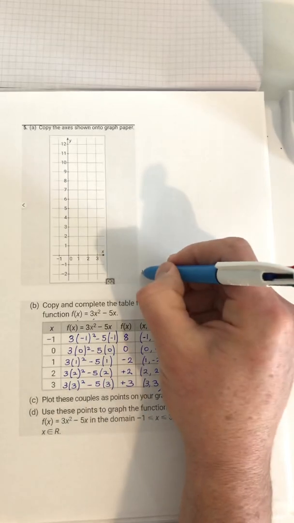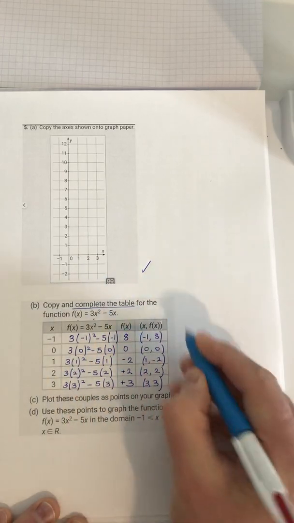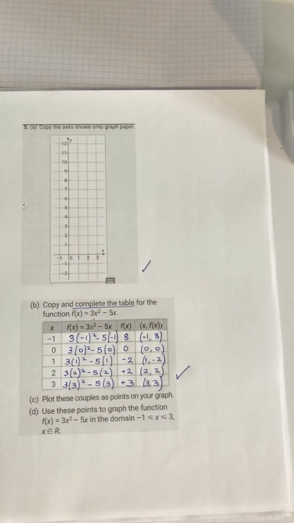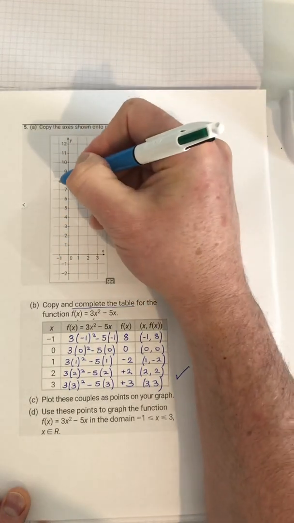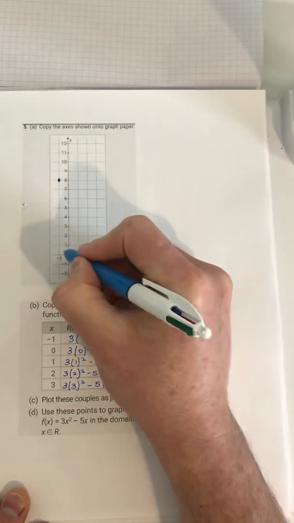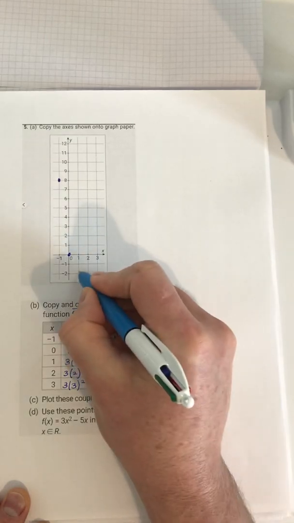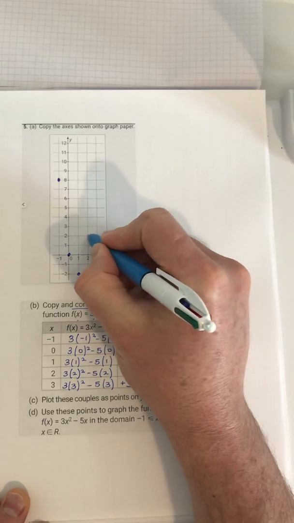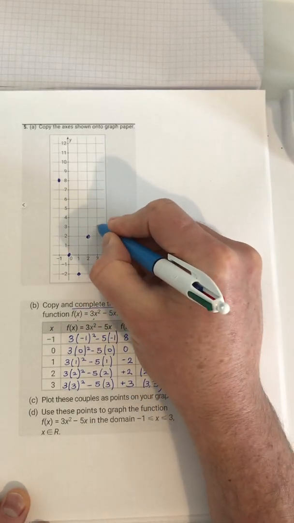So we're copying this into a copy. We have completed the table. Now we're going to plot our points on our graph. So the first one is minus 1 up to 8, 0, 0, 1 down to minus 2, 2 up to 2, and 3 up to